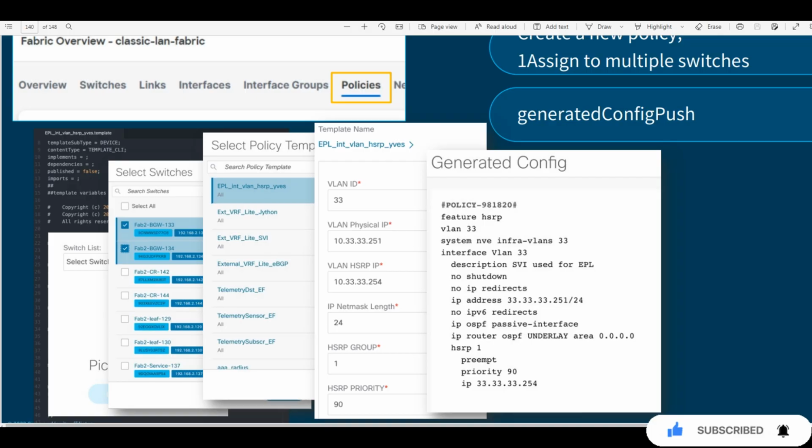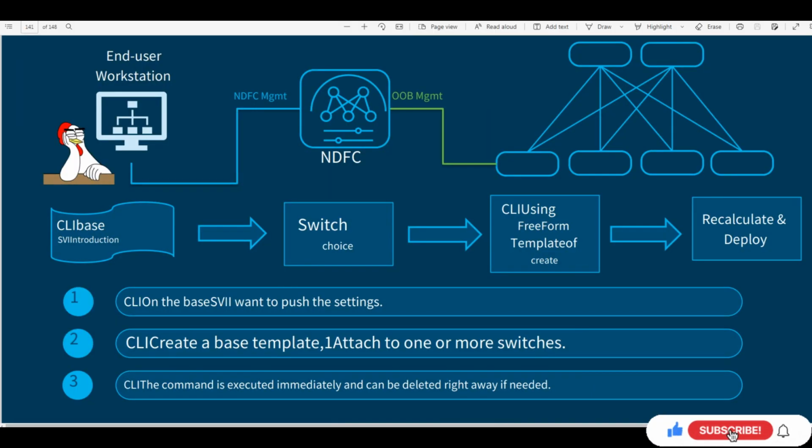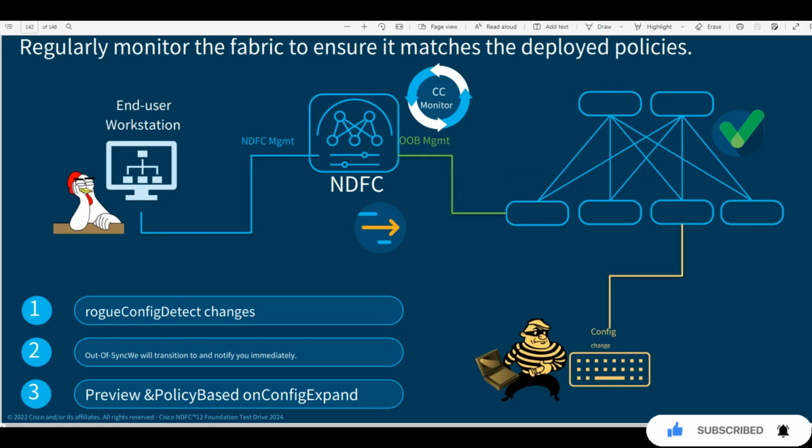NDFC continuously monitors device configuration for drift. If someone manually changes a switch, the system detects the deviation and marks the device out of sync. You can preview differences and redeploy the intended configuration to restore compliance. This protects against human error